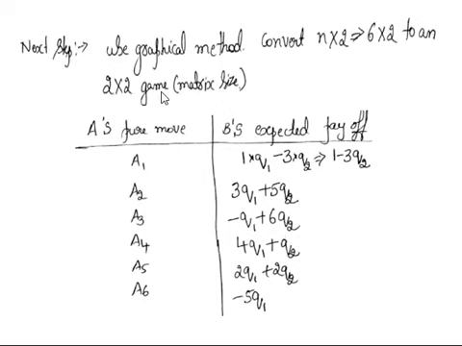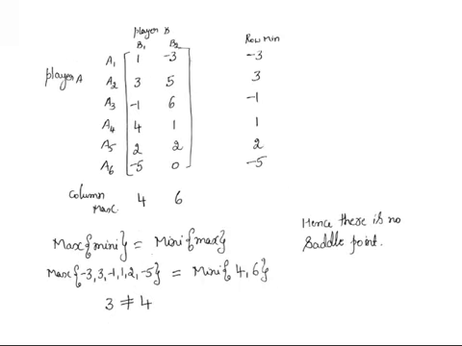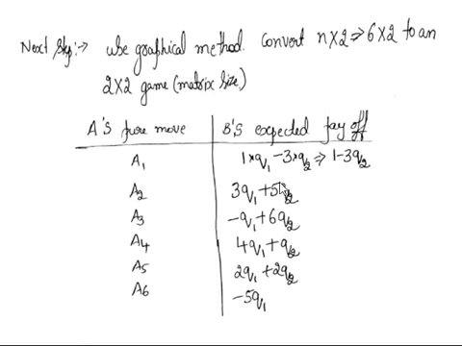Then later we are going to use the formula and try to find out the value of the game and the probabilities of their strategies. It is the probability of picking each strategy that we have written here. With respect to the previous slide, if you consider this one as q1 and this one as q2, their probabilities are simply q1 minus 3q2, 3q1 plus 5q2, minus q1 plus 6q2, 4q1 plus q2. So that has been written.